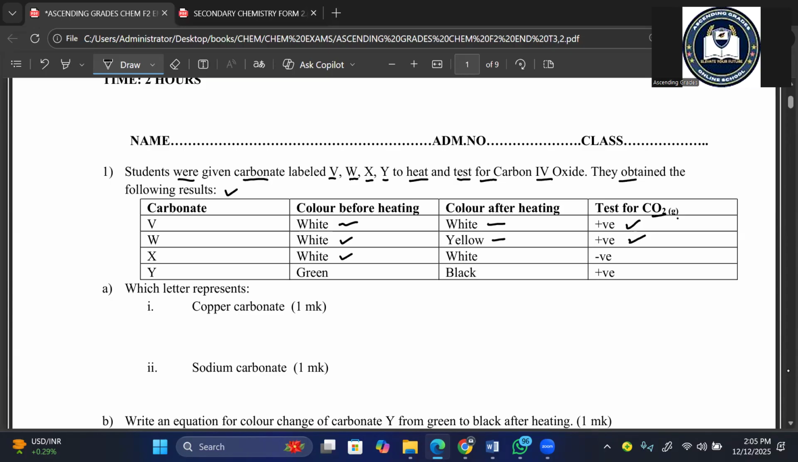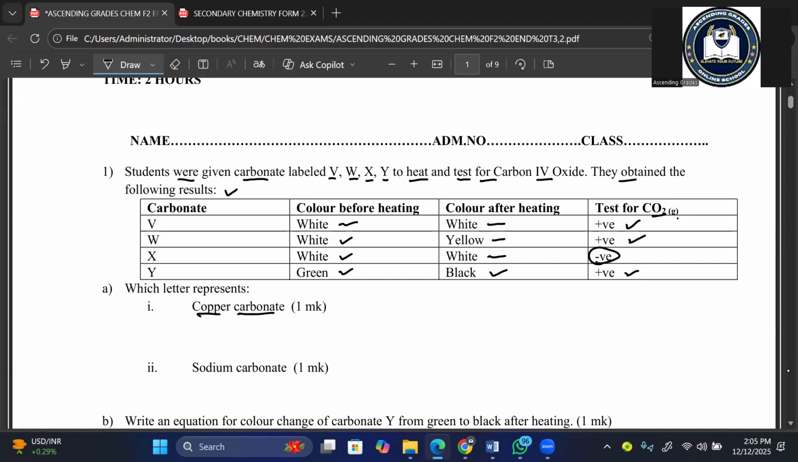We have X. It was white. It remained white. It showed no presence of carbon (IV) oxide. Then we have the last one, Y, which was green before heating. Then it turned black. Then it showed presence of carbon (IV) oxide. Then from that analysis, we are told which letters represent